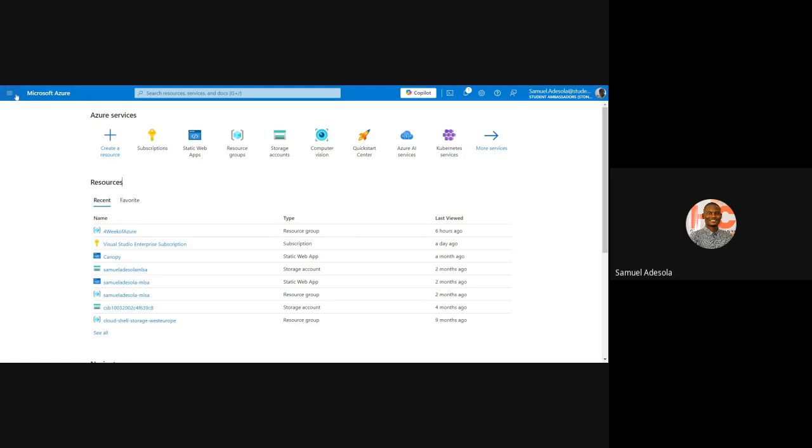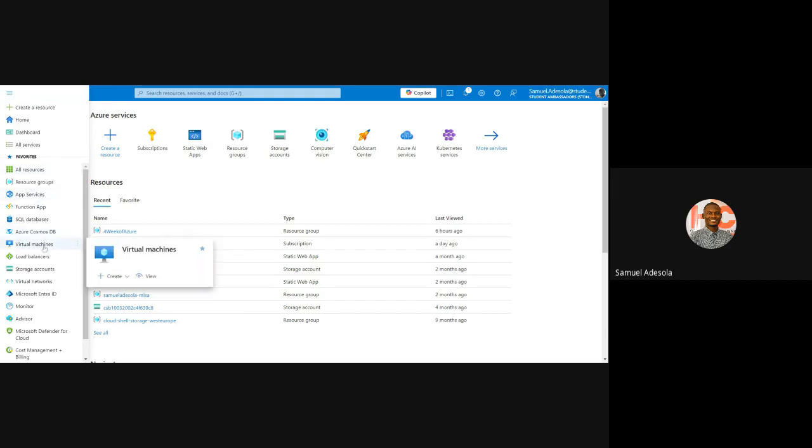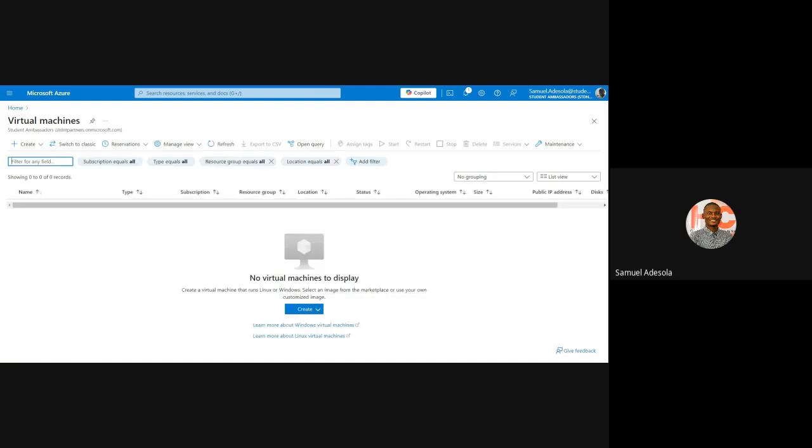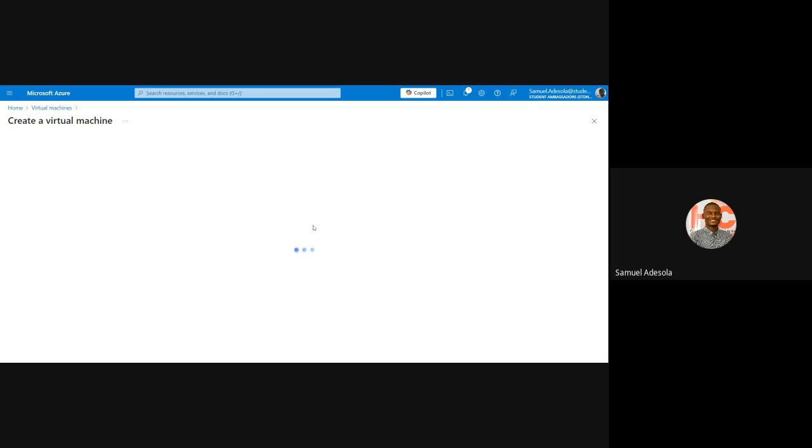So if you come here, I say what we call virtual machines. So virtual machines just means machines that are in the cloud. Okay, let me say I want to create a virtual machine now. My laptop, for example, the laptop I'm using now is just 16 gig RAM. Let's say I want to do something and I need 128 gig RAM laptop. I just have to come to virtual machine, click here. I said I want to create. So Azure virtual machine. You can learn all these things. I just want to show us the possibility of what we can do. So Azure virtual machine, that's where I'm going.